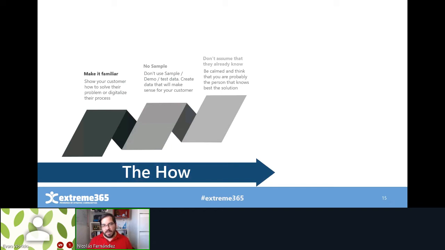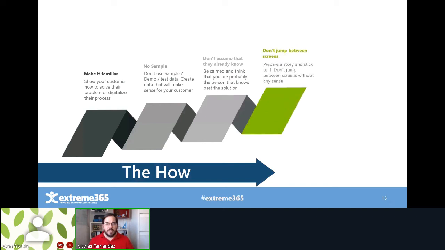So be calm when you perform the demo. Keep your hand on the mouse really still, and move it really slowly, because you are familiar with the environment. You know how to navigate it. They don't, or they probably don't know. So don't assume that the things you do quickly they already know. Then don't jump between screens. That's a demo killer. You have to perform a smooth demo to help them understand the story,